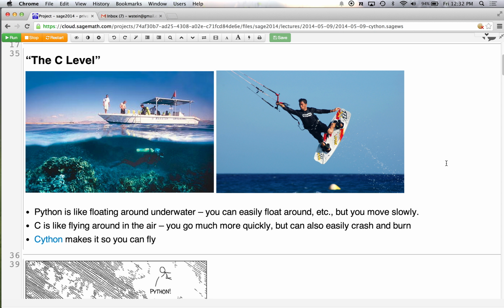But then there's also a C level, or more generally a compiled level, where you have a lot more flexibility. You can do things very quickly, like this person flying through the air, spinning around. You can also break your leg really quickly, which is like doing something with a pointer, manipulating memory in some way, and your program just segfaults. So you have a lot more power and a lot more potential speed, but it's less friendly.